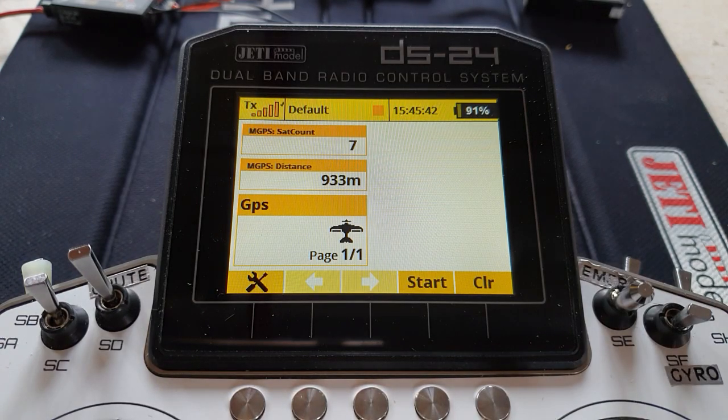Hello again, my fellow Jeti users, and in this video we're going to look at the automatic resetting of the origin in a Jeti MGPS telemetry sensor. And for this I have to thank Jim Brown, who sent me an email detailing how he got it to do it automatically, and that triggered me to think, yes, I've got to get round to doing this,